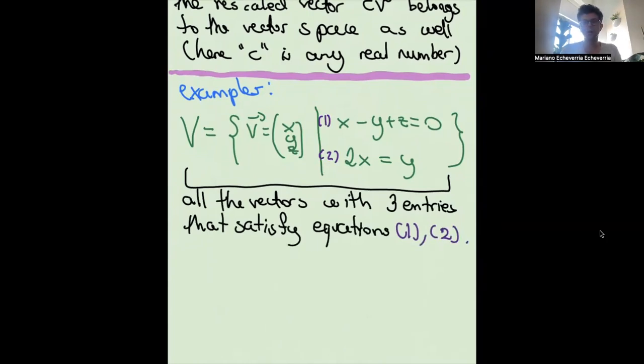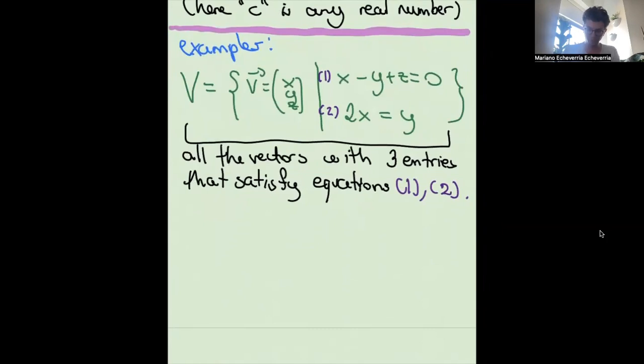So it's just saying that we're not looking at random here. What this means is that you're not allowed just to put a random vector inside of it. Instead, the vectors that you should put here are vectors that satisfy these two equations. So for example,